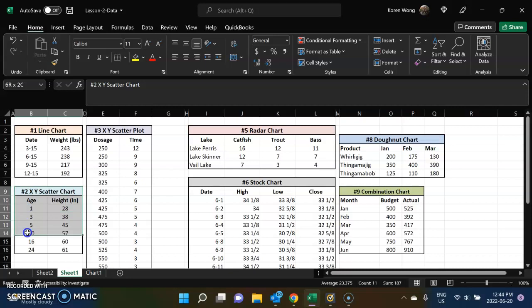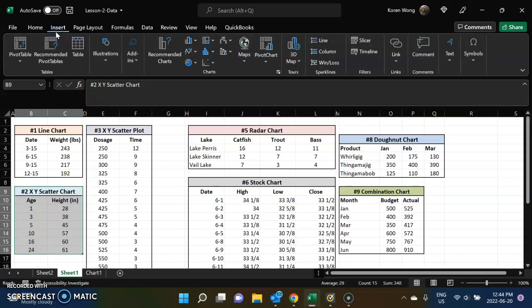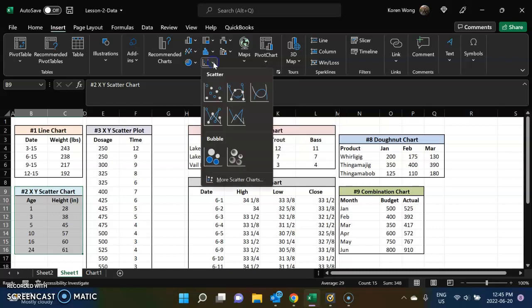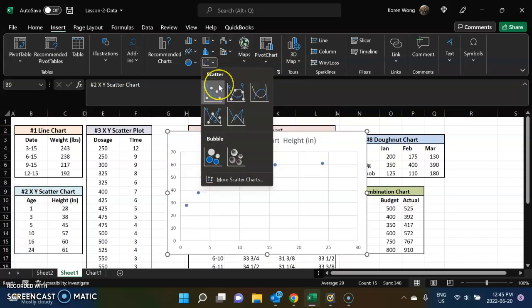First, all you need to do is highlight all the values, then go to Insert. You see this weird looking one that is all scattered dots. That's the name. If you hover over it, it will say Insert Scatter (X, Y) or Bubble Chart. Click on the drop down arrow. This one you'll see